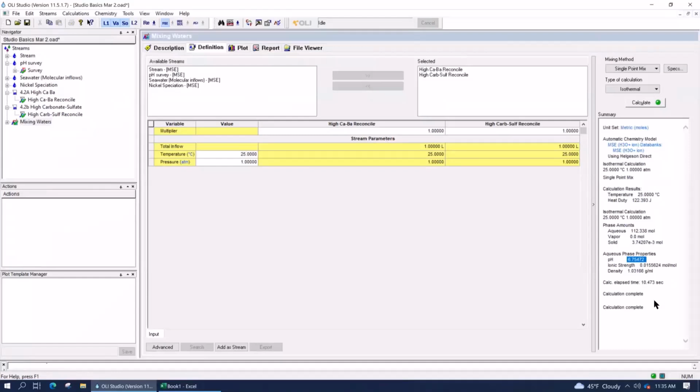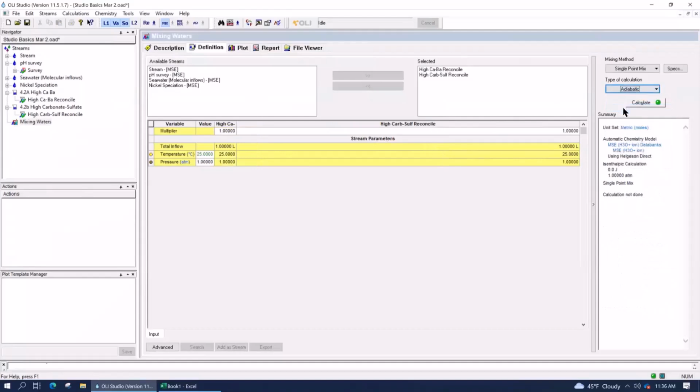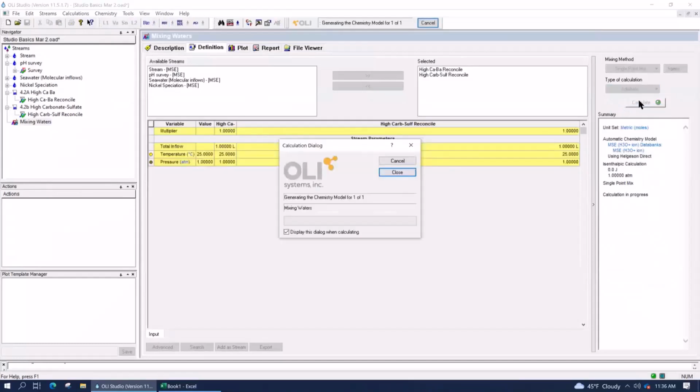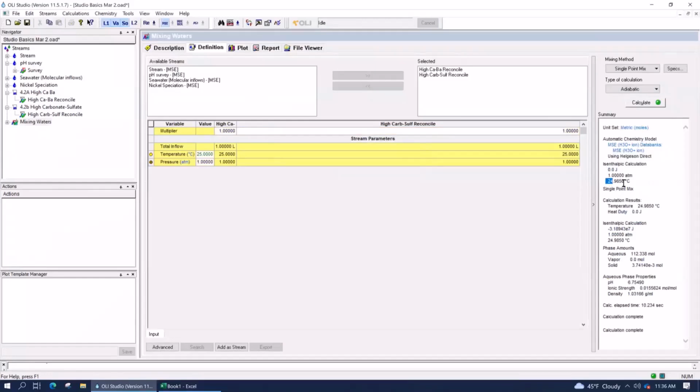Yeah. Now let's do the second calculation. Everyone do this together with me. Change it from isothermal to adiabatic. Now we close the system off to any energy transfer. Recalculate. This will be faster because it doesn't have to regenerate the model. It should be faster, maybe not. And now you're going to see that we're going to add 0 joules of energy, and we're going to see what the final temperature is going to be. Now it's just working like a normal adiabatic flash tank.